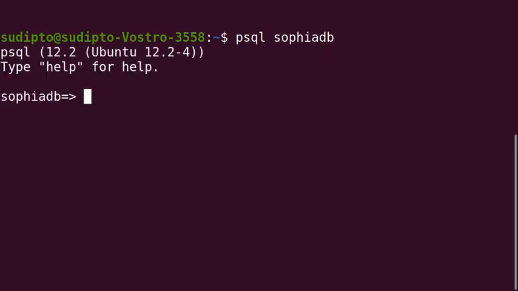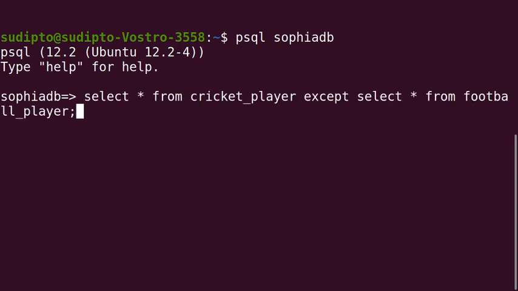If I press enter, we will directly move inside the database. Here I'll give the command: select star from cricket player. Suppose cricket player 1 table is there.